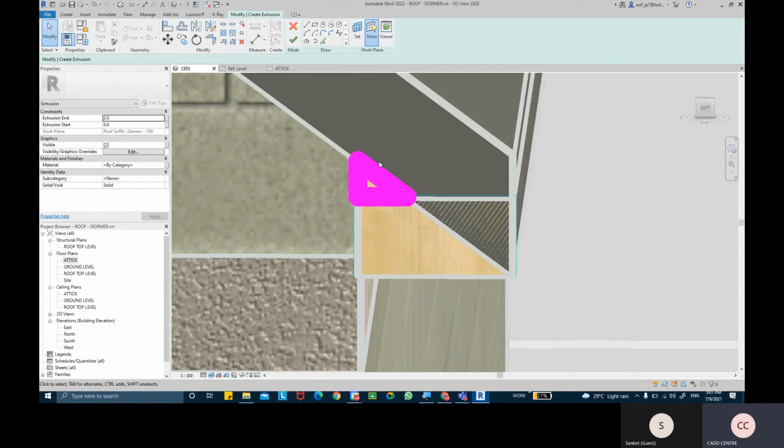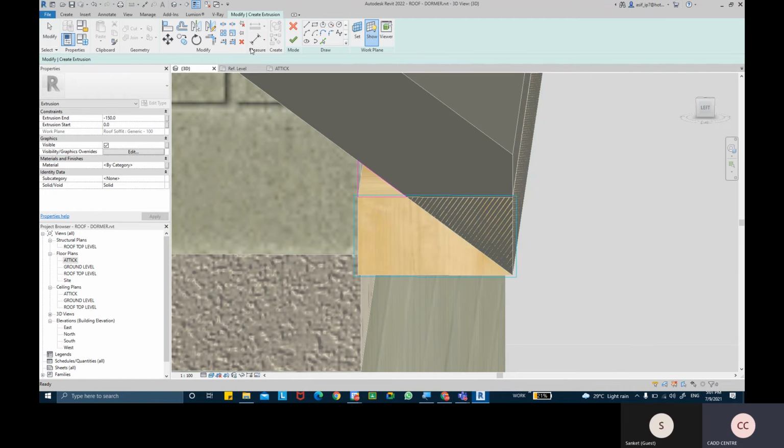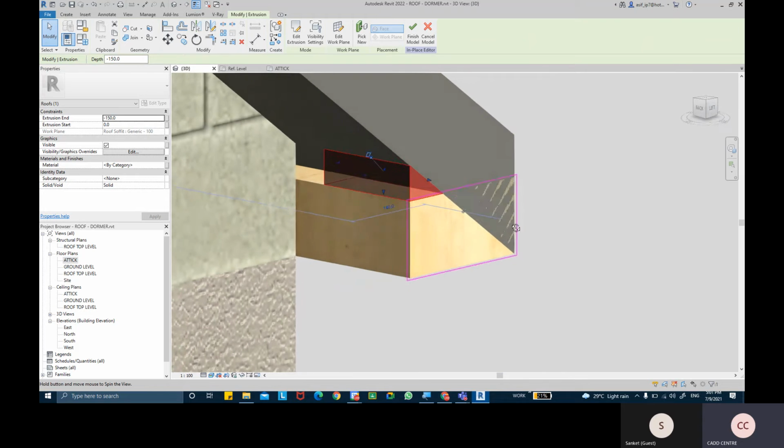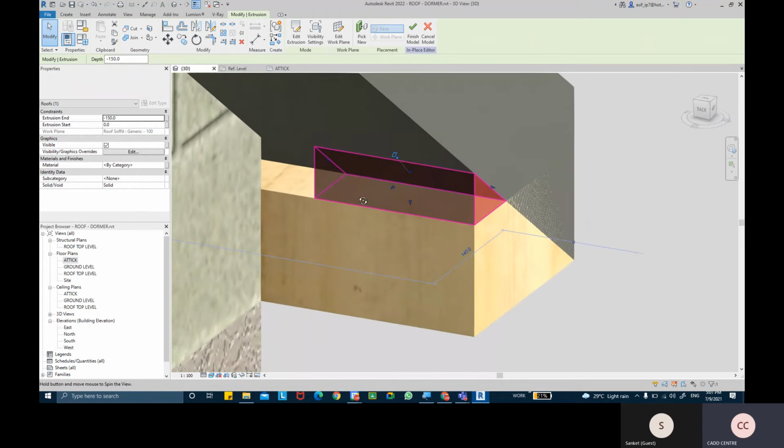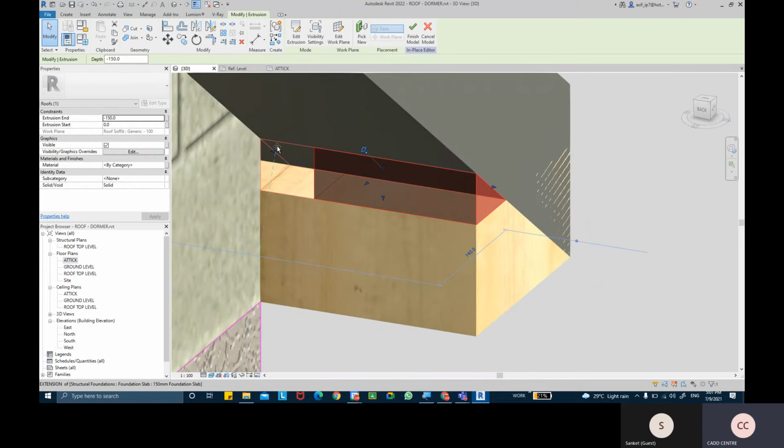Soffit: we can give a soffit a thickness as well. I'm going to say thickness 150 mm. It should go in negative, so that when I finish the mode, it just pockets in. You can even drag this all the way to the end of your wall.